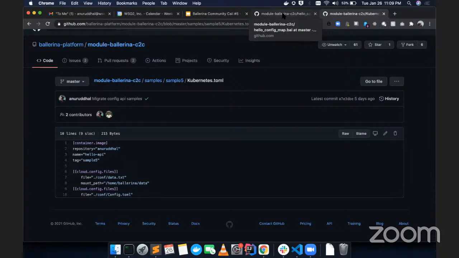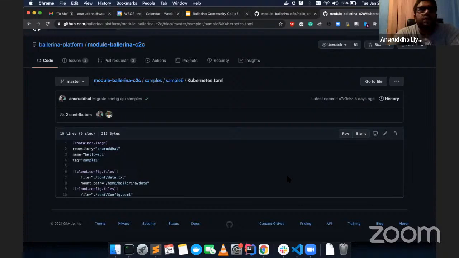Excuse me, I have one other question. If I have a set of services that need to talk to each other, is there a way to configure an internal network in these TOML files? What we recommend is to use environment variables as configuration for those URLs and provide them as a config map in Kubernetes.